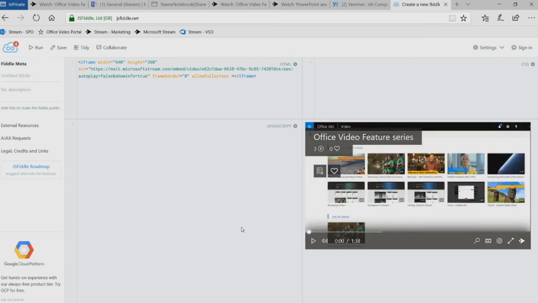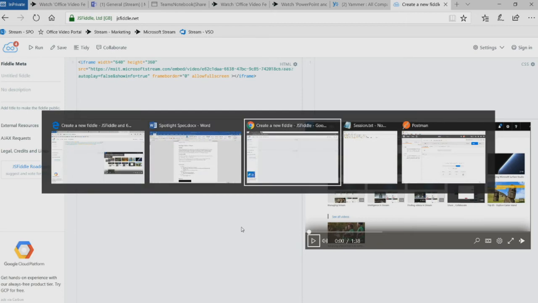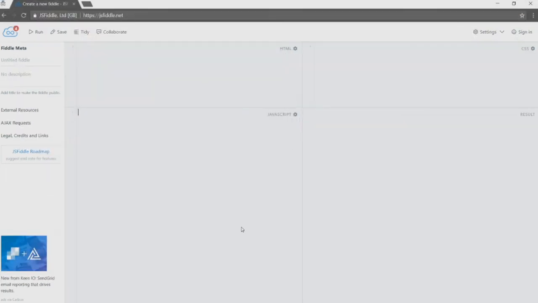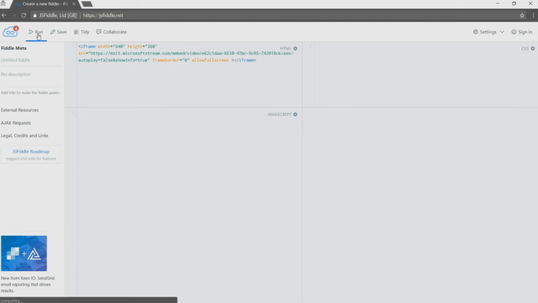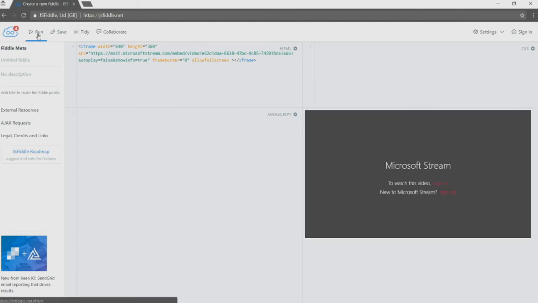Now, let's say I take that same scenario and I'm not signed into the context of the browser. So here I've got an incognito window in Chrome, which means there's no credentials signed in or anything like that. I can paste this exact same video here and I'll run it. And what you'll see is it actually asks me to sign in with my proper credentials in order to actually watch the video. And once again, this keeps the security of your content to people who have access to the video.